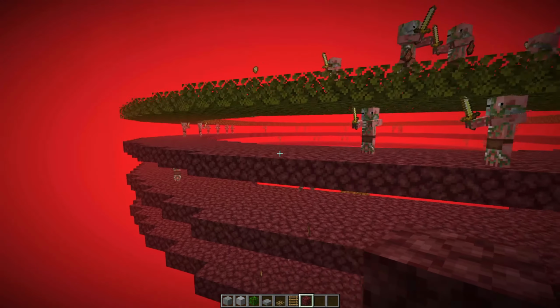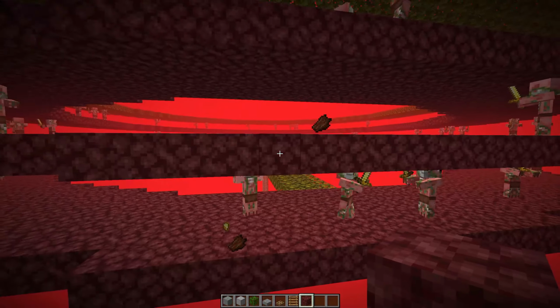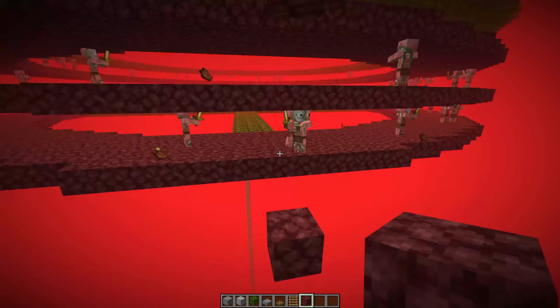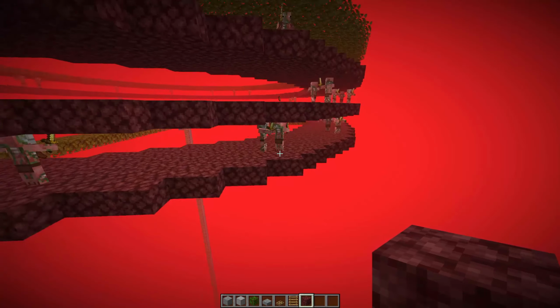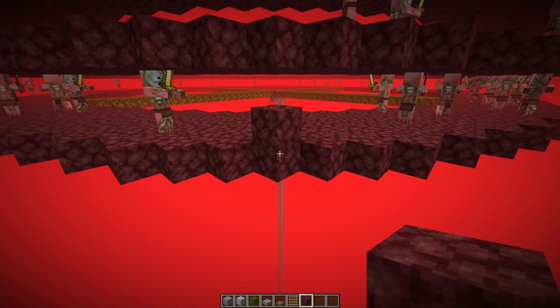That actually stops any magma cubes that spawn on these rings from getting onto these paths and going and killing you, because the center is an open design. So yeah, we're just going to put iron golems there. And over here, if we find the center block, which is right here, what we're going to do is